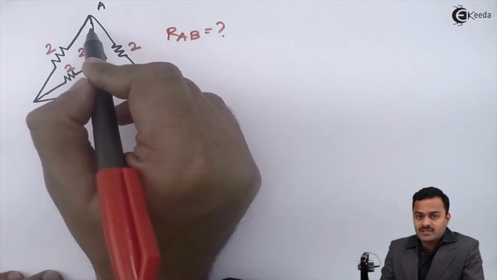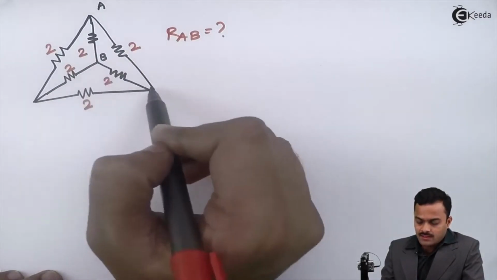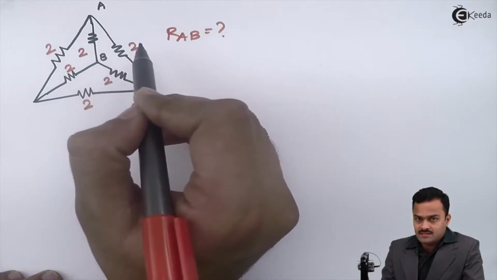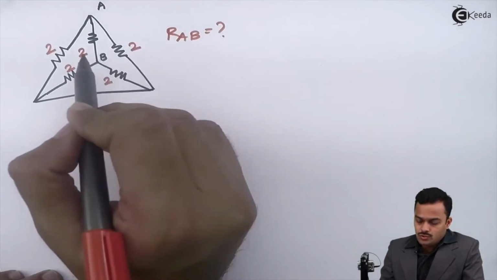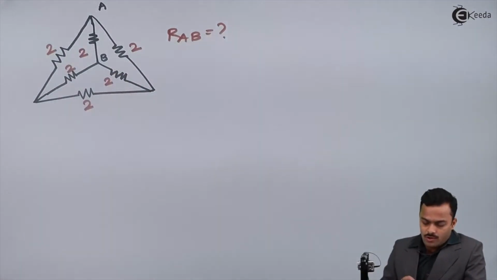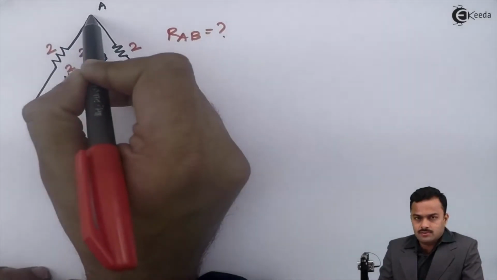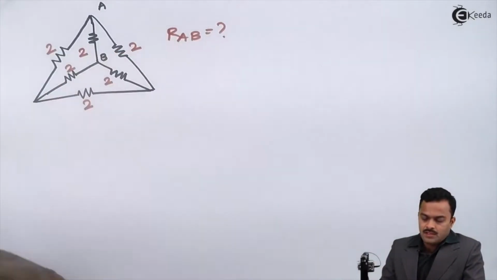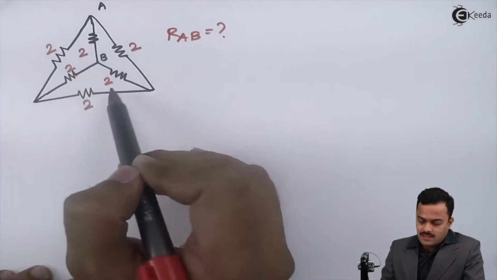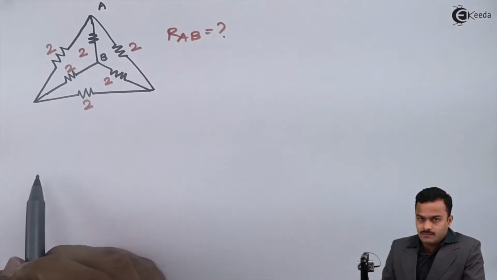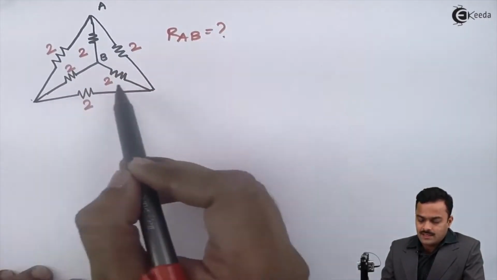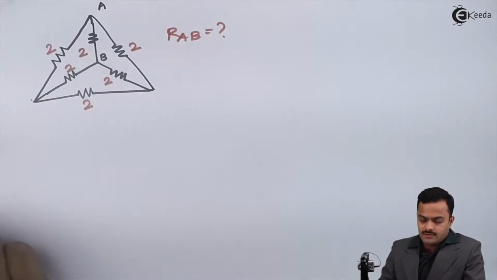So there is no question of converting this star into delta because that will have this B point vanish. So that is a problem. Besides this, I can convert any star into delta, delta into star. Obviously, I cannot consider this star also because the A point will go off. Thing is that you cannot convert this delta into star also because suppose I am converting this delta into star and the structure will look like this.